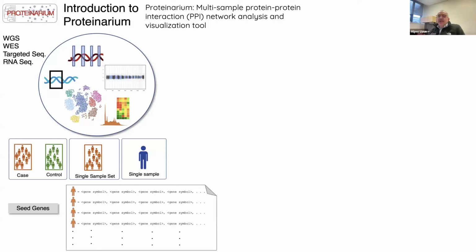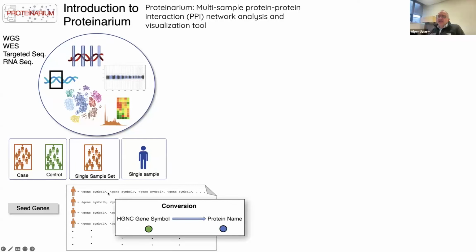But if you have case and control, you prepare two different files, each with each patient and their genes. The next step is converting these gene symbols to protein names. So now you have these proteins.